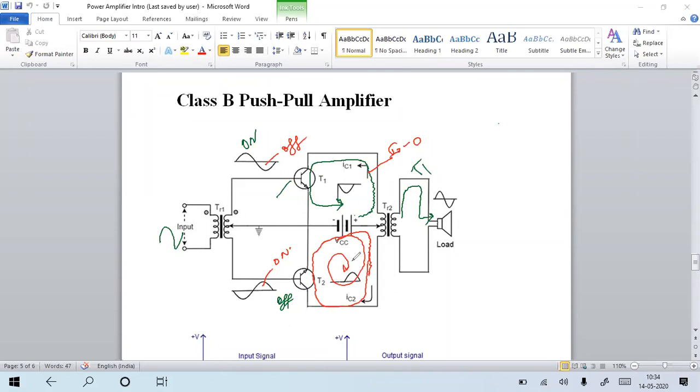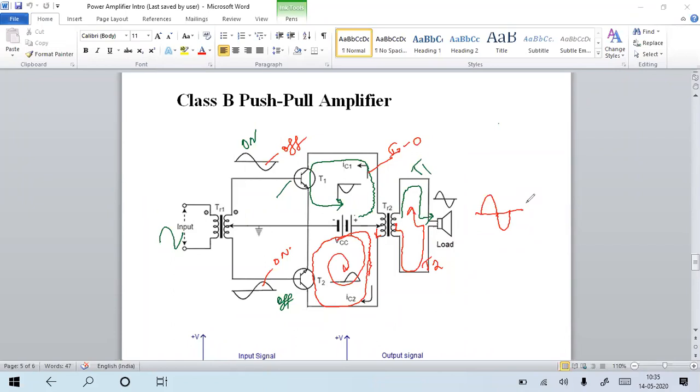So what is the current flow to the load? Like this. So the current flow is mutually connected, and it will be in the opposite direction. This is due to transistor 2. Due to transistor 2, we are getting the output voltage like that. Due to transistor 1, the voltage waveform is like that. So we are going to get the sinusoidal nature.